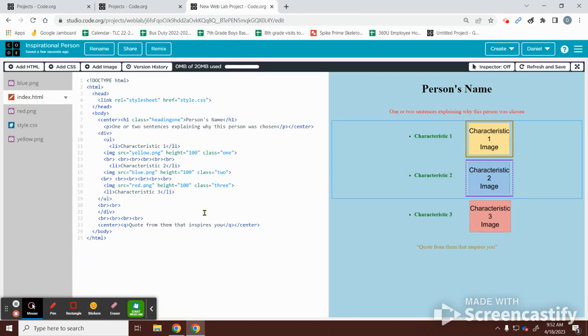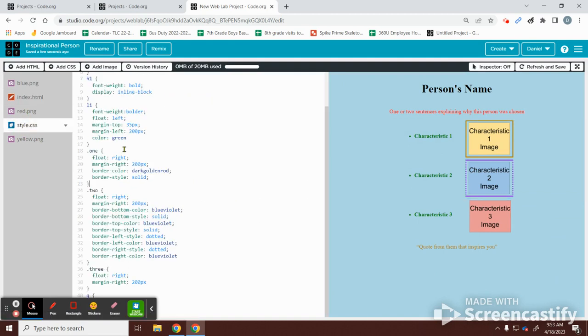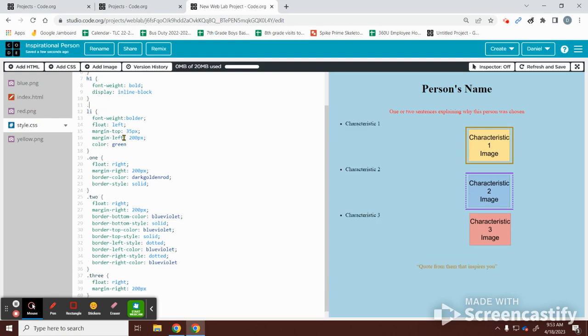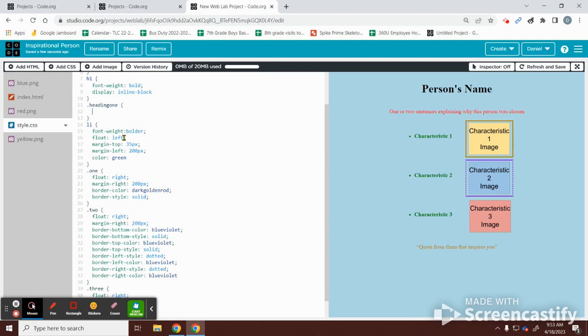Okay, so now it still is heading number 1, but if I wanted to make it different than the other ones, I'm going to hit down here. I'm going to put dot heading1 and the curly brackets, and now I'm going to say maybe color